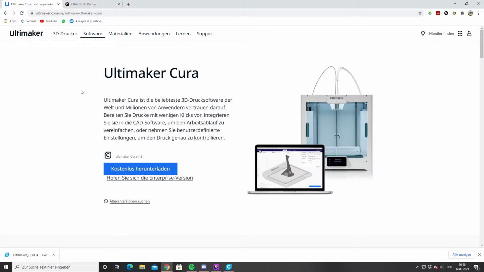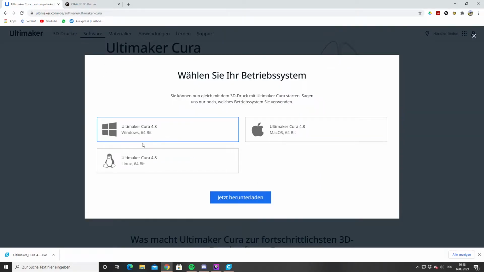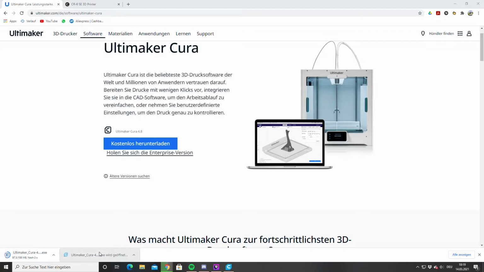Ultimaker Cura, and then you have to push the download button. Here you can choose on which OS your laptop or PC works, and then you have to click download. When you have downloaded the program, you just have to open it,